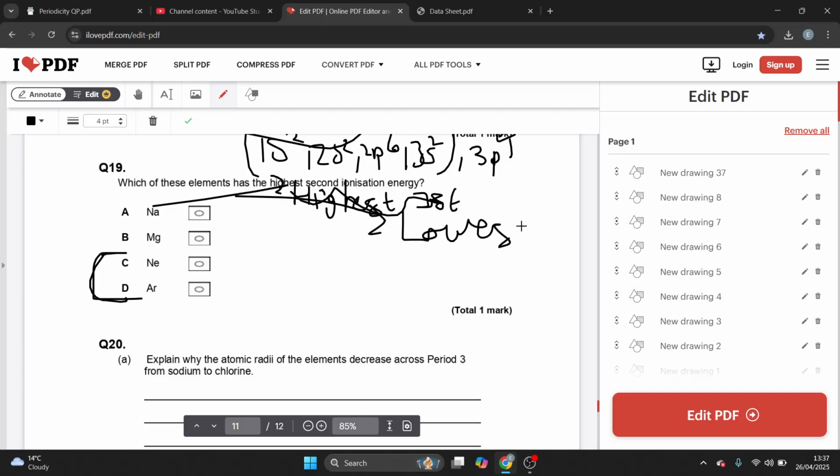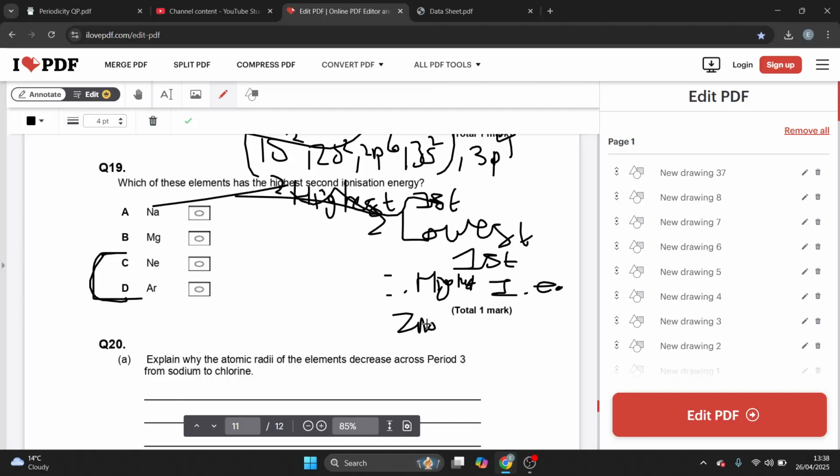It does, because it's got the large atomic radius. I know atomic radius decreases across period 3, therefore sodium has a large atomic radius, and it's got the smallest number of protons. So it's actually got the lowest first ionization energy, and therefore it has got the highest